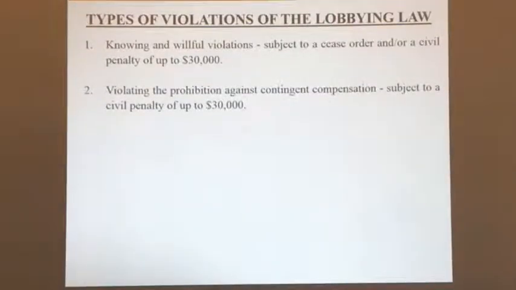Second, there is a prohibition against contingent compensation for all lobbyists. What this means is you're not allowed to give your lobbying employees success fees. You can't say, you lobbied successfully this year, here's an extra $100,000. Similarly, professional lobbyists can't say, I'm going to pay you $10,000 a month, but if you get my law passed, I'll give you $1 million. That is against the lobbying law. Anyone that does that will be subject to a civil penalty. Numbers 1 and 2 are very rare.